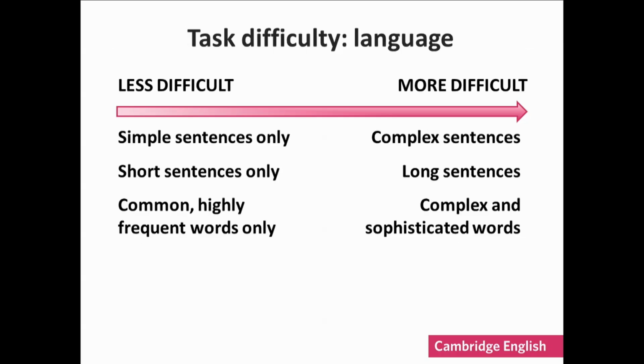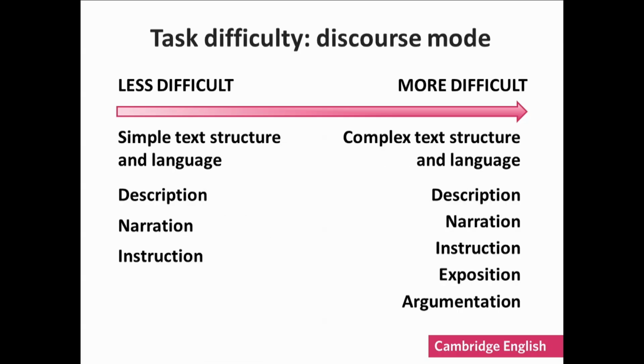Language also contributes to text difficulty. Texts with structurally simple and short sentences consisting of common everyday words are appropriate for lower proficiency levels, for example A1 and A2 on the CEFR. At higher proficiency levels, around C1 and C2, texts with structurally complex and longer sentences, including words with more complex meanings, are appropriate. And when we look at the type of discourse mode, you can see that it will affect